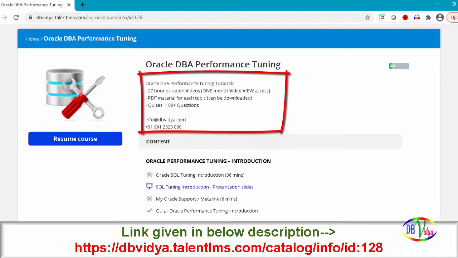We offer PDF material for future reference which can be downloaded. Only 1 month of view access to the videos will be given, and there are a lot of questions in the form of quizzes where, after listening to a topic, you can test your knowledge, use it as a recap, or assess how much you understood the topic.